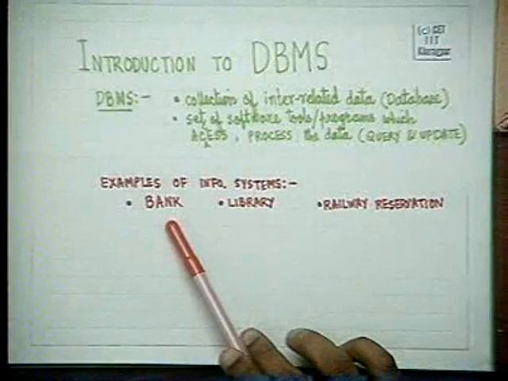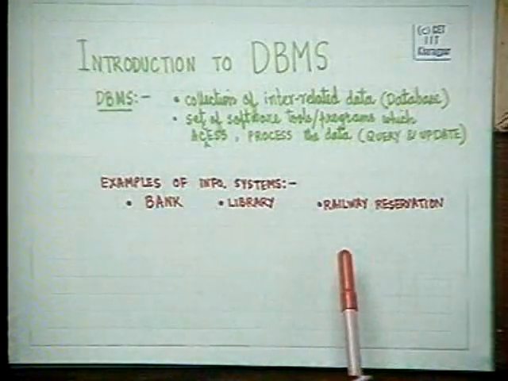So we must remember at least these, any office information system also requires a database, but let us keep in mind at least these three examples because they will come again and again. The difficulties related to solving the database or information system problem of these three examples will be coming again and again to us in this whole course, and we will continuously come back to these examples and see how we should design our database. But before going into the database management systems, we must have a quick look at what